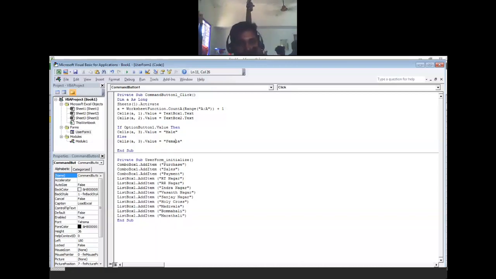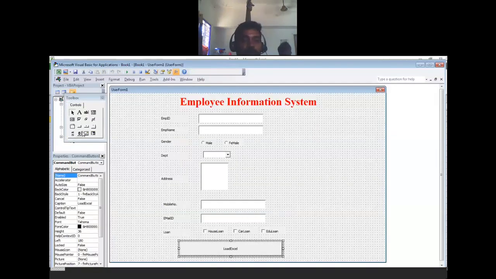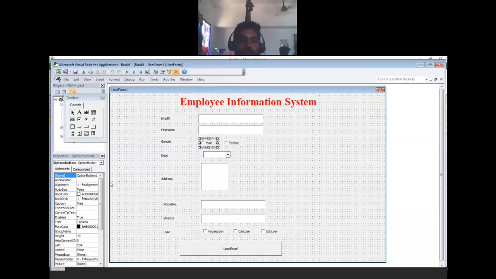In that case, in the else part we have two options, both using Cells(A, 3). Why? Because we kept it as three. If we choose the male option it will go to cell number 3, and female also goes to cell number 3.